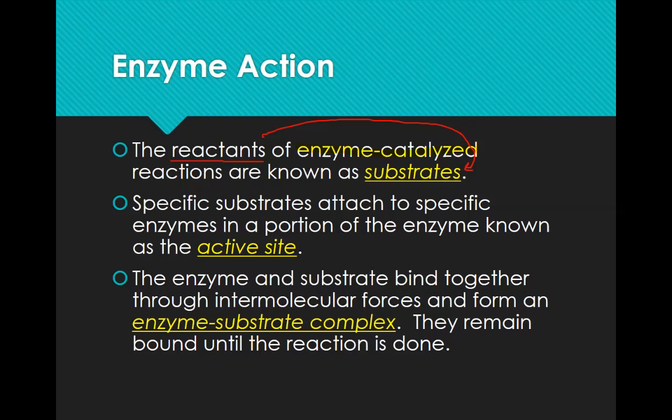So the enzyme and substrate are going to bind together, and then it helps with alignment to lower the activation energy needs. They do so through what are known as intermolecular forces, which you'll talk more about if you go on to take chemistry, to form what's known as an enzyme substrate complex. And they'll remain bound together in that form until the chemical reaction is done and you produce your products. Now, the products part does not change, still called products when we're finished with the chemical reaction.